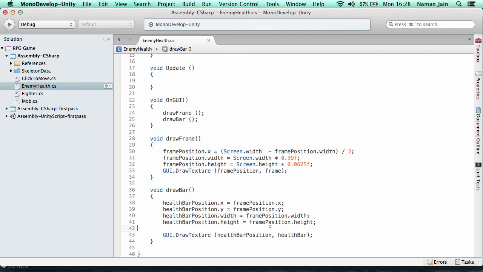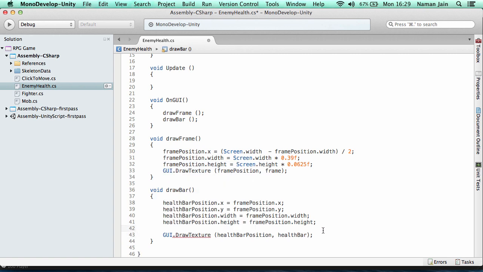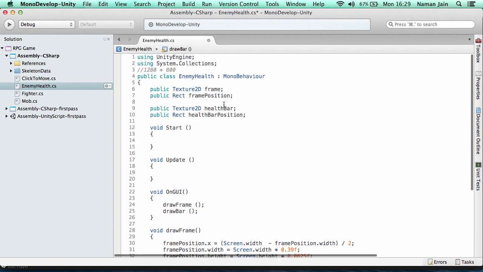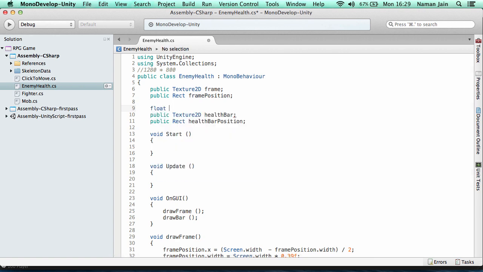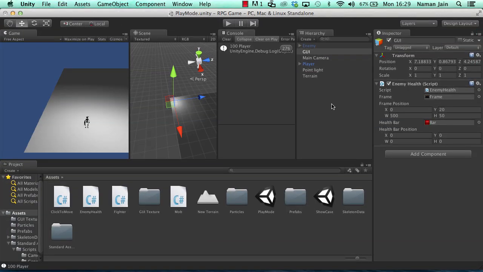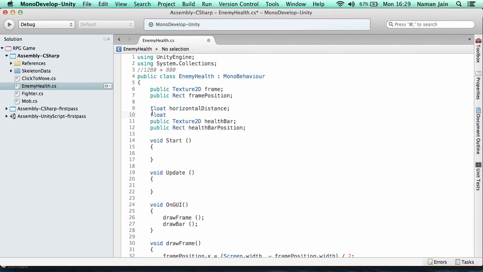So let's go ahead and do that. We're going to say health bar. Sorry, we already have it over here, X. And we're going to have a float over here saying float horizontal distance. So this is basically how much distance it is going to move towards the right. And we're going to have a float, and it's going to be in percent, because we always want it in percentage so that it adjusts to the